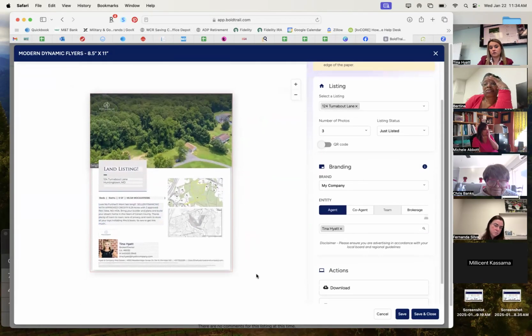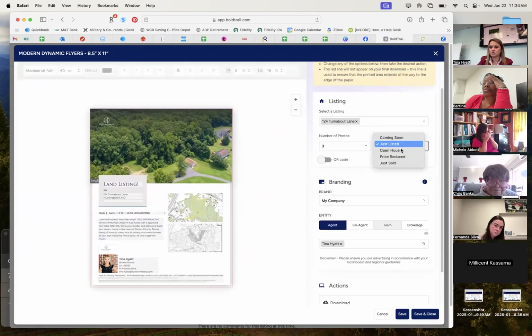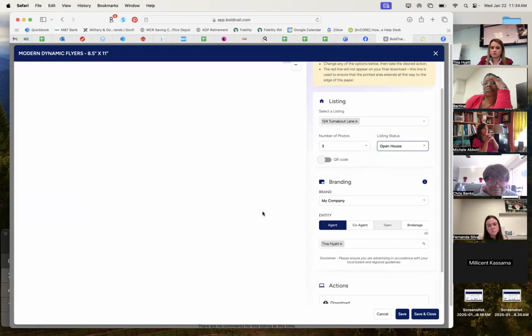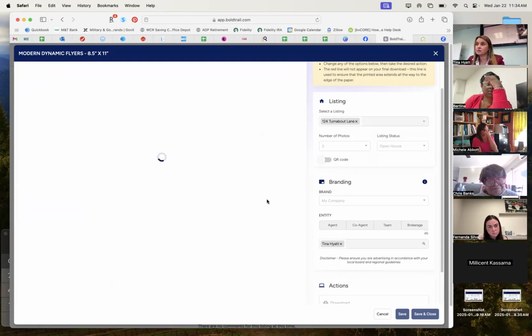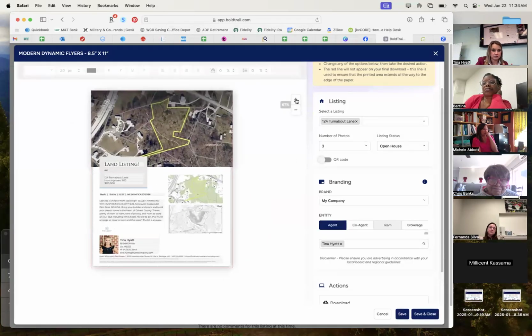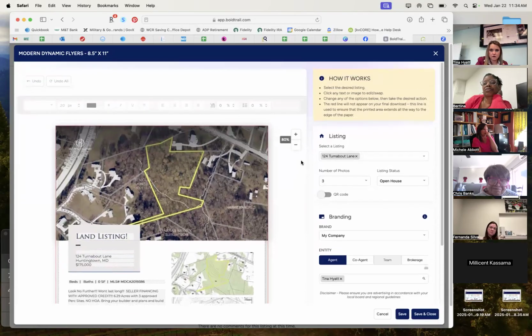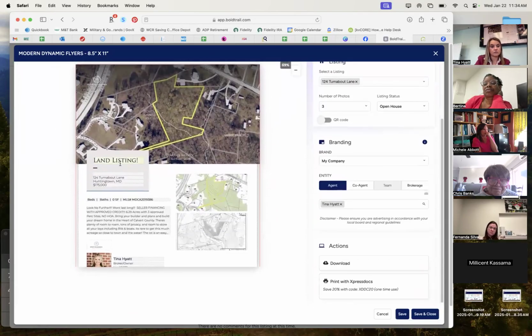So there's one of your listing flyers. I could change this to open house, and it's going to change it to an open house flyer. But it's looking for open house details out on the MLS. So because it's linked to the MLS, if I do an open house flyer and I haven't said on the MLS that I'm doing an open house and scheduled it, it's not going to be able to find those details. So it should allow me to go in and custom edit those details. That's probably, yeah, no. So I would go in here and I would change this myself, right?